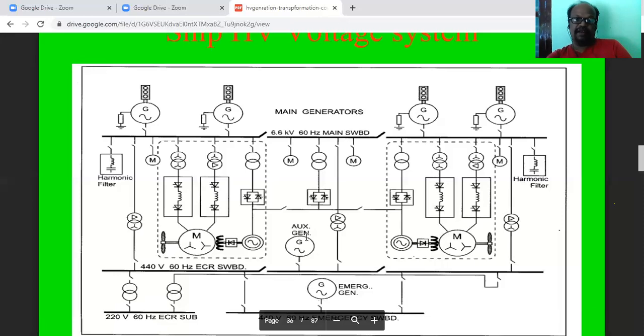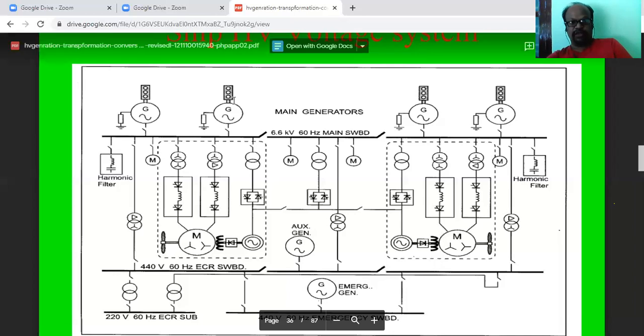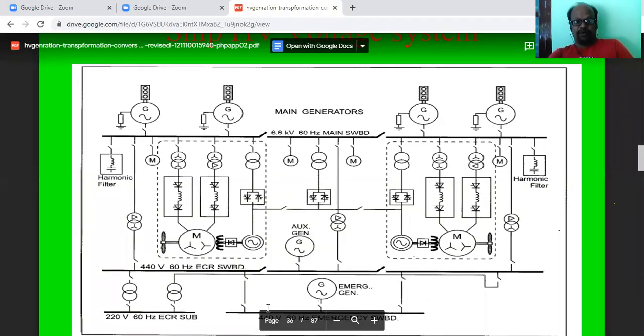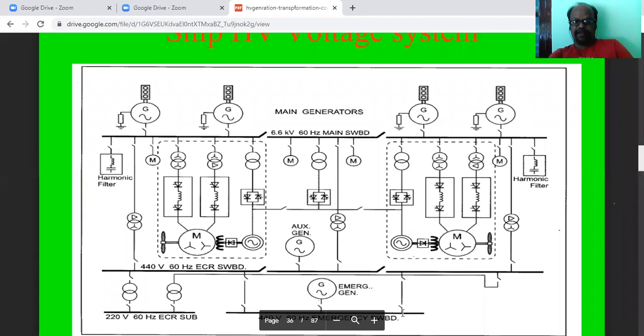Usually the auxiliary generator may be needed at the beginning, or in the Antarctic region where we need additional power, a larger amount of power, to break ice and make a path for the ship. For the propulsion purpose, we need emergency generators also. The emergency generators are usually rated at a low voltage compared to this one. It is only 440 volts 50 hertz. Sometimes not only for propulsion purposes do we need the emergency generator, sometimes even for hotel loads, for lighting or hotel furnaces. At that time the voltage required is only 440 volts, directly it can be taken.